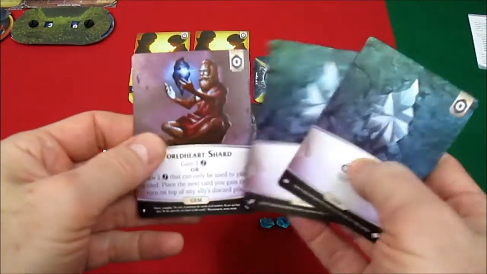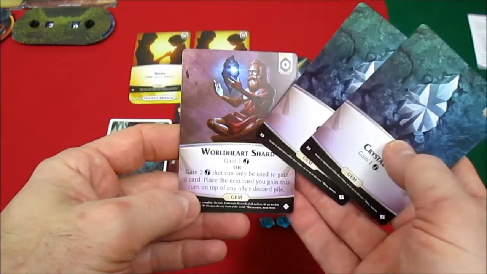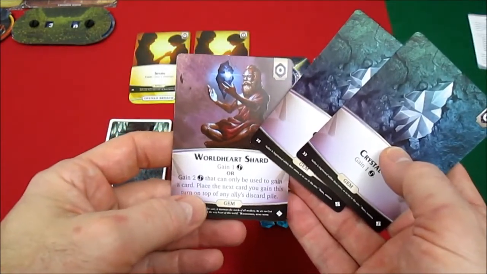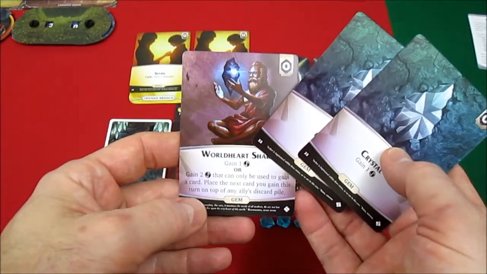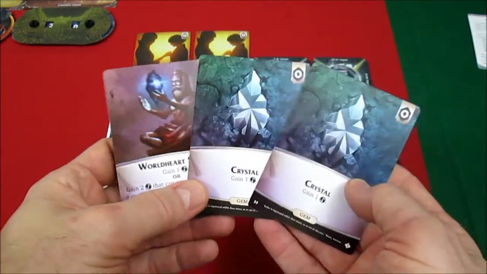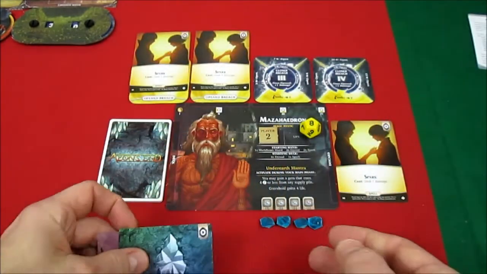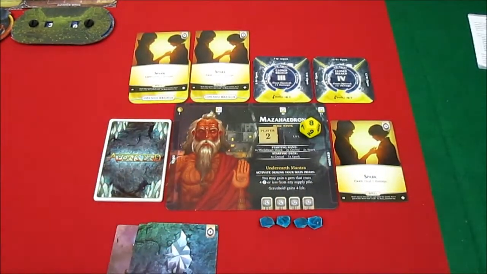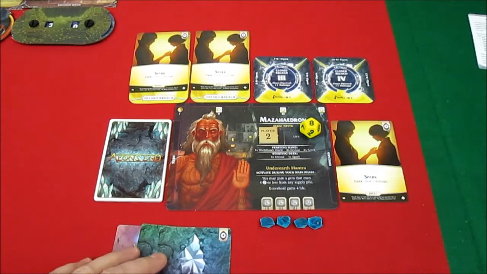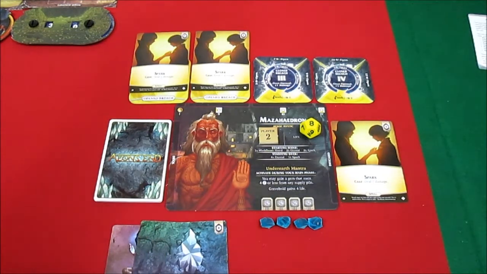And now he has a decision to make. So if gain 2, that can only be used to gain a card. Place the next card you gain this turn on top of any ally's discard pile. And I think we're going to do that. He's going to do this, so it's going to be 2-3. He's going to have 4 ether, and he'll be able to place a card he purchases on top of Kadir's discard pile. And so he is going to purchase,